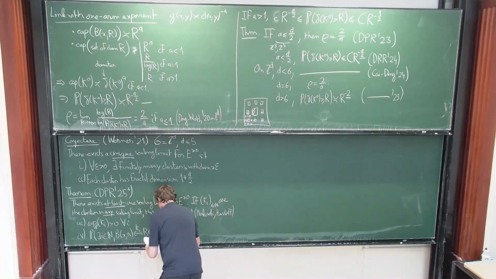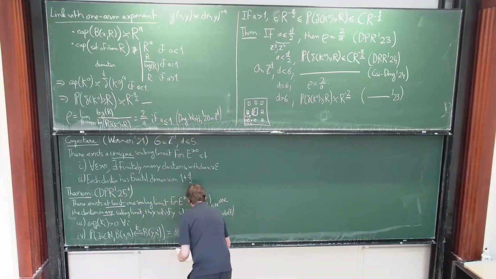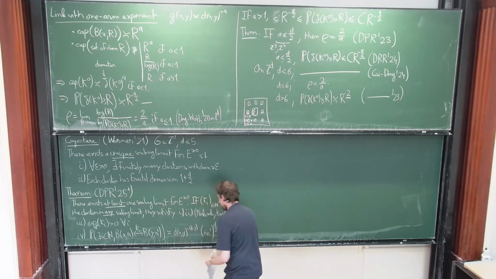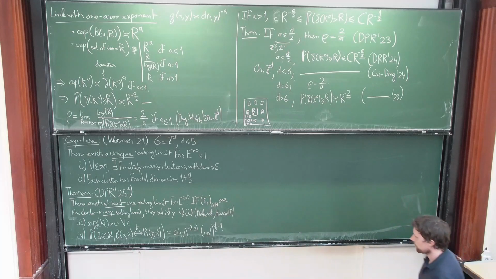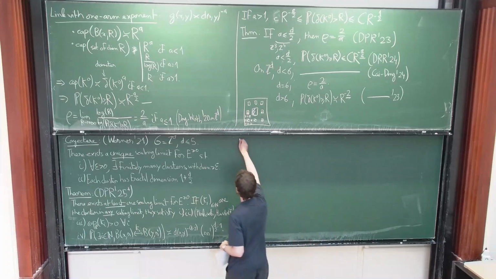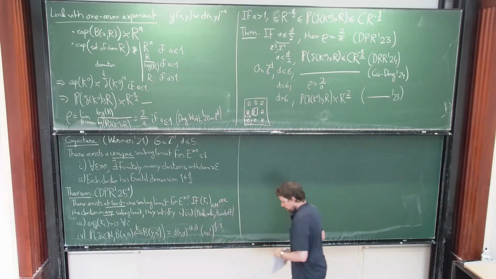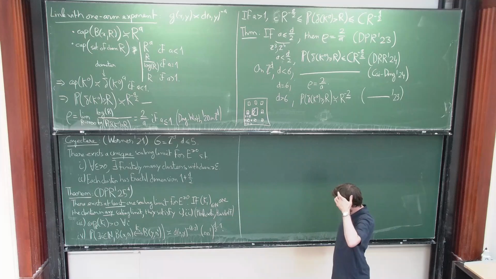This is of order distance to the power minus d minus 2, r prime to the power d over 2 minus. So you have an explicit formula for this connection probability. All right,